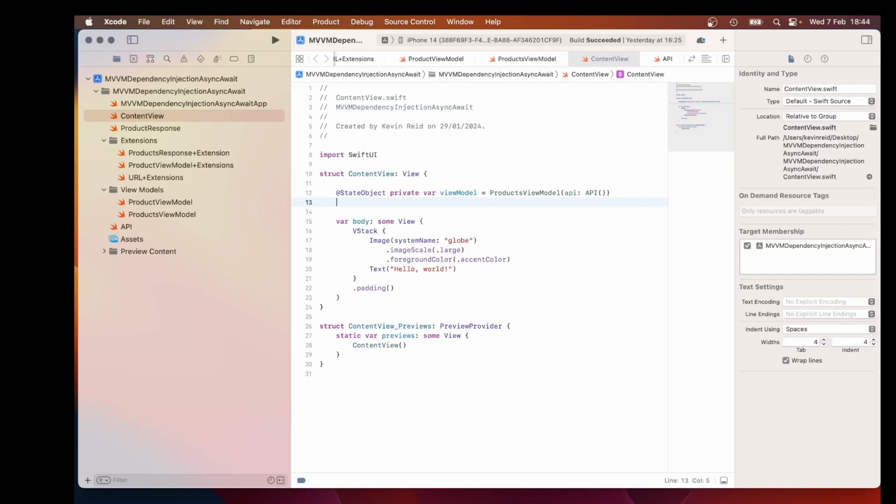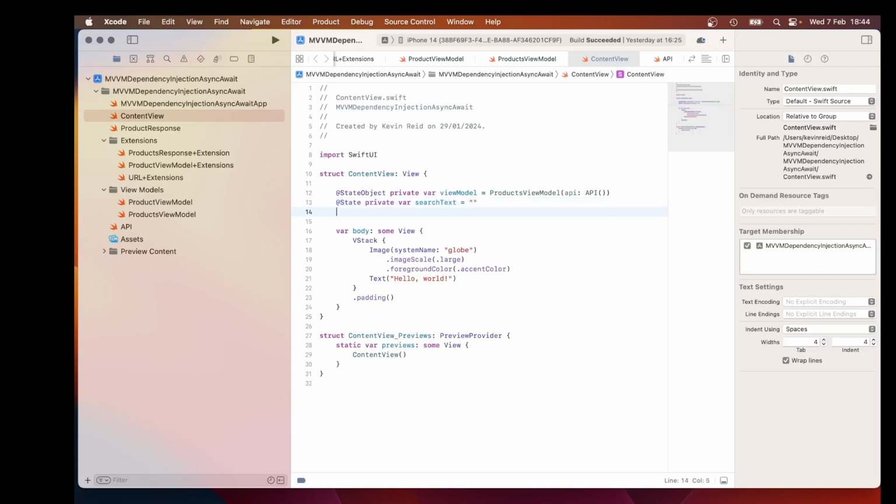And then we have to create a @State variable, @State private var search text, @State private var selected product, product view model, which can be nil,